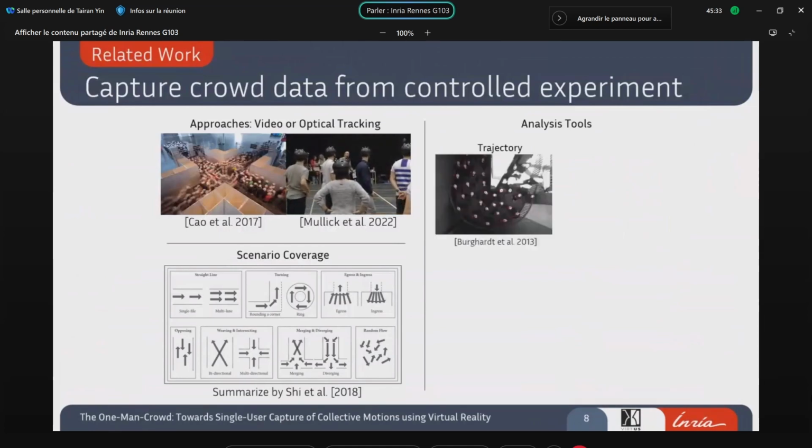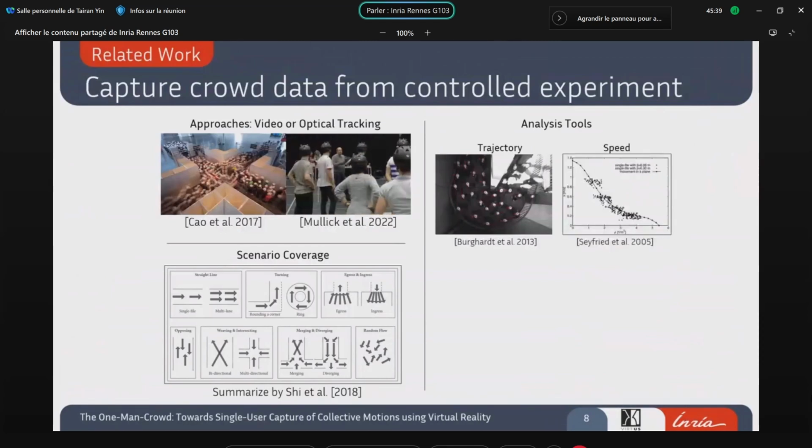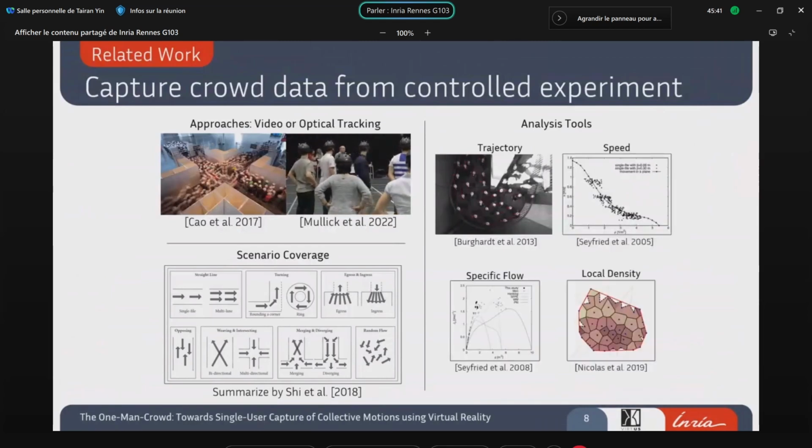Based on this data, researchers managed to study the characteristics in the movement of the pedestrians, such as speed, flow, and local density. And in terms of crowd simulation, this data can be used to validate the realism of some classical simulation methods, or to calibrate the parameters for the simulations as well.